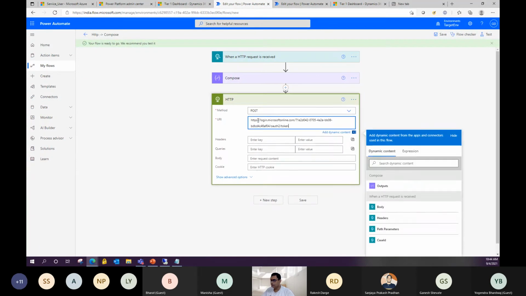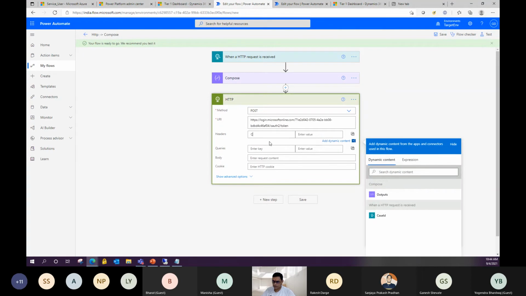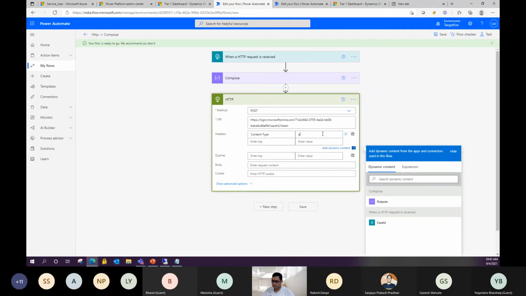I'll put the URL here, and in the headers I need to define the content type, which will be URL encoded.